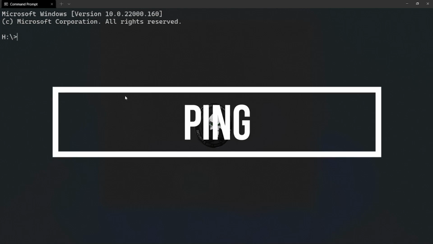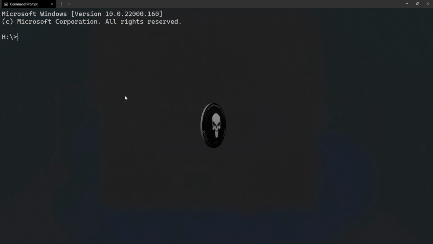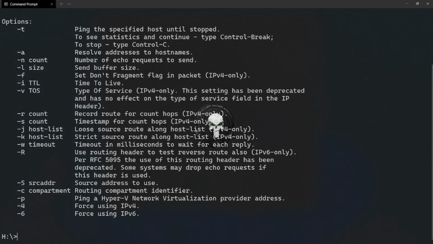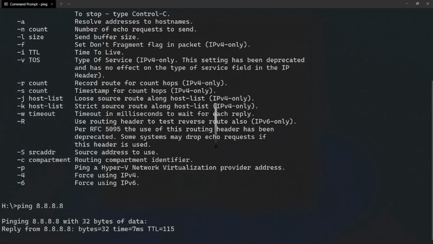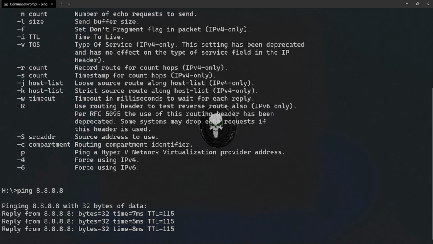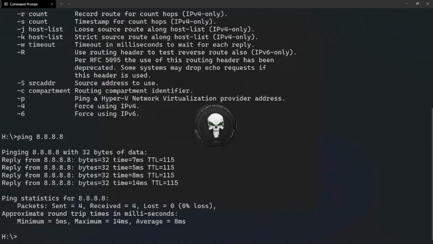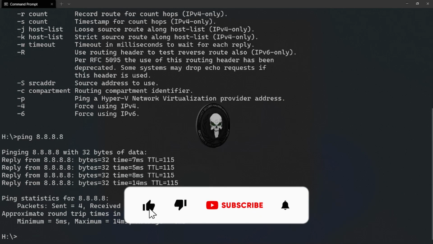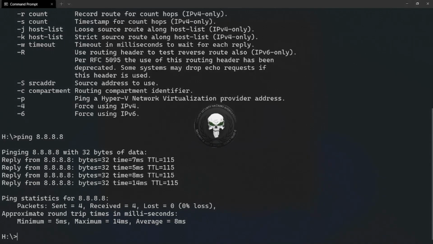I think almost everybody already knows the ping command, used to check whether the internet is working or not. You just simply want to check the internet, for example, 8.8.8.8. It's Google DNS. Yeah, my internet is working properly. This command uses your internet connection in order to send some packets of data to a specific web address. Then these packets are sent back to your PC.